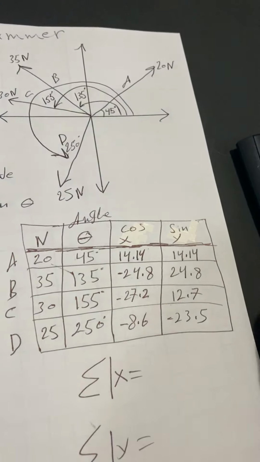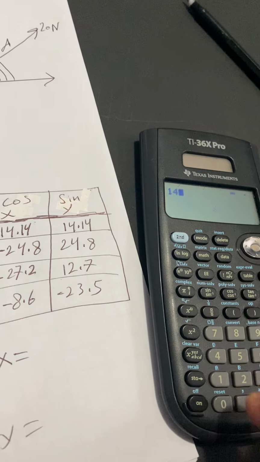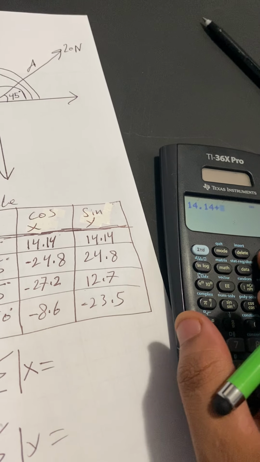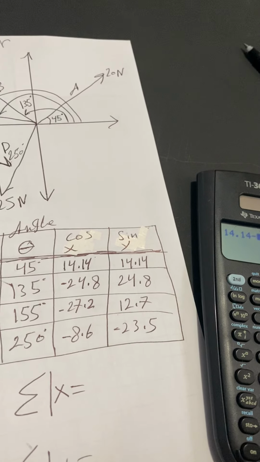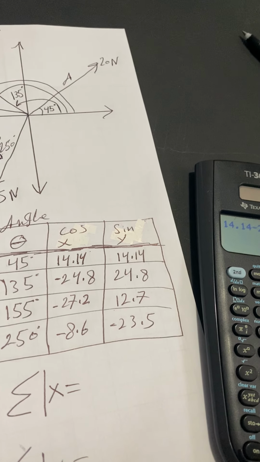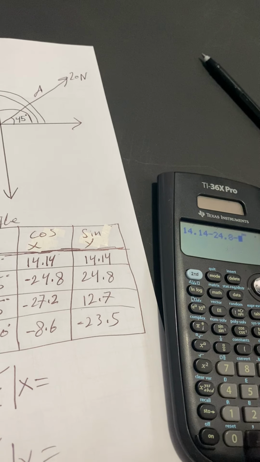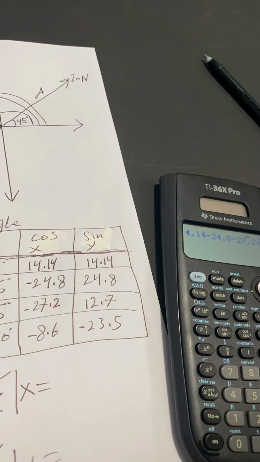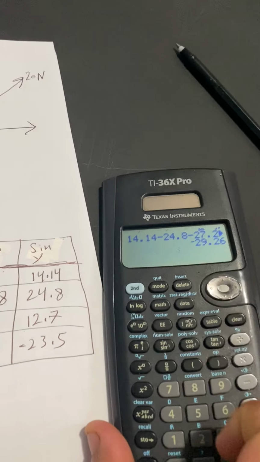So for the x, we gotta put in here 14.14, sorry, minus 24.8 minus 27.2 minus 8.6. It gives me negative,